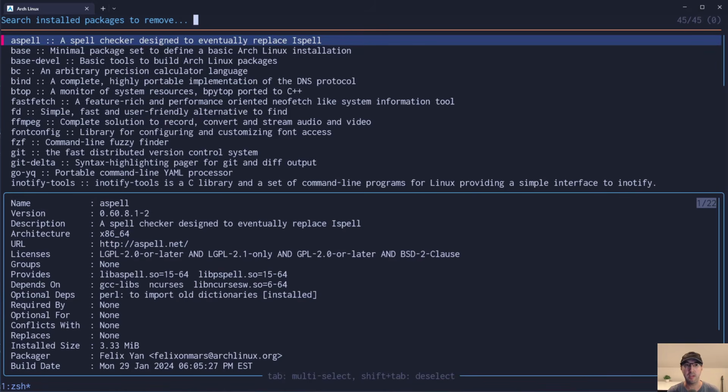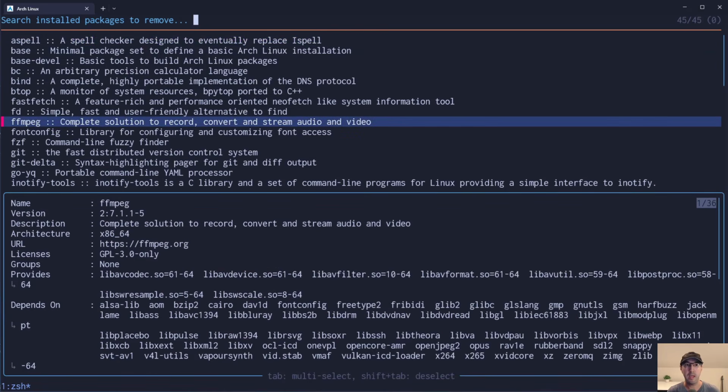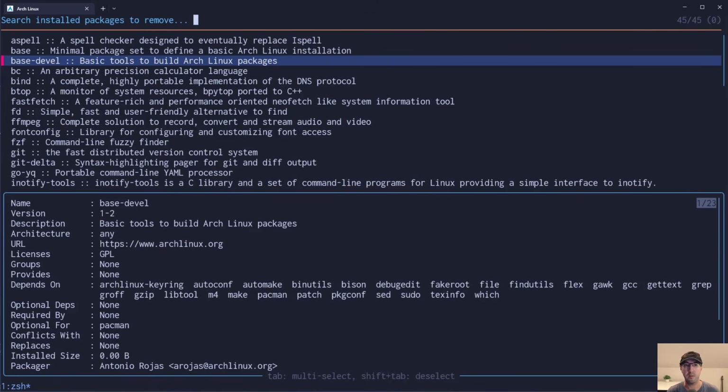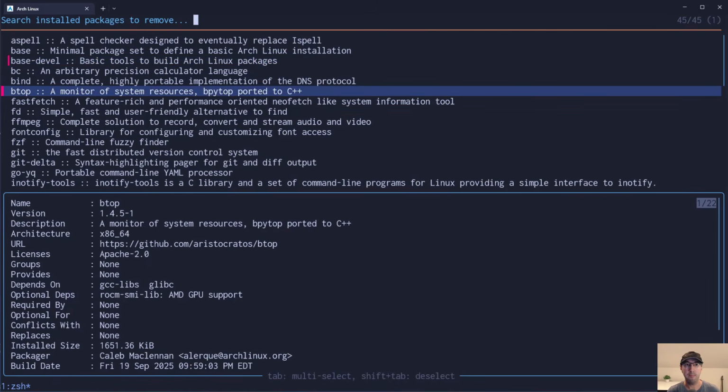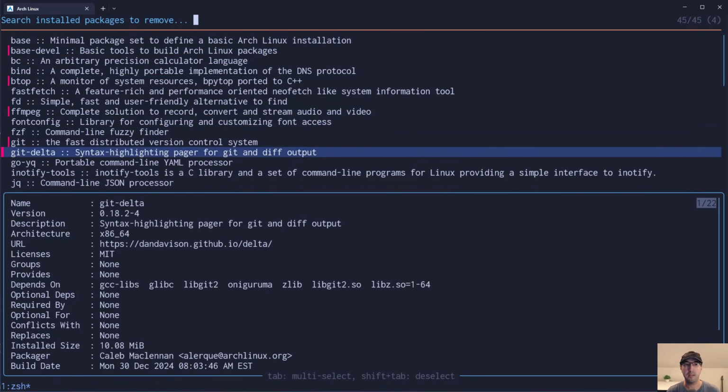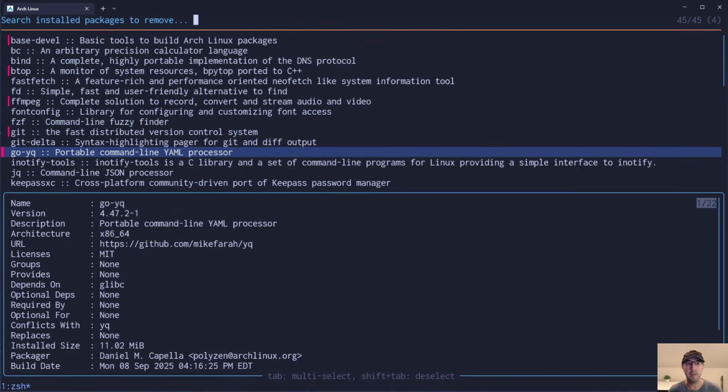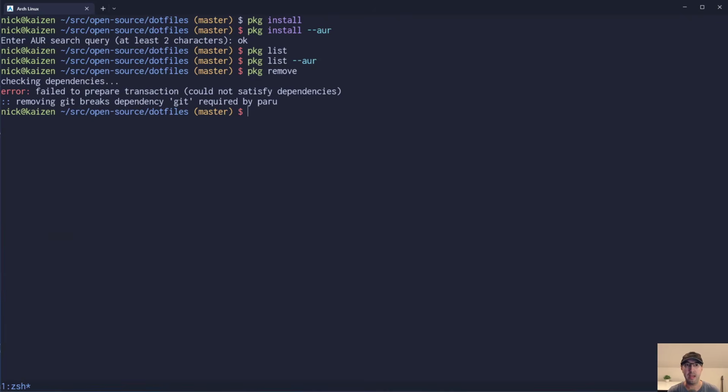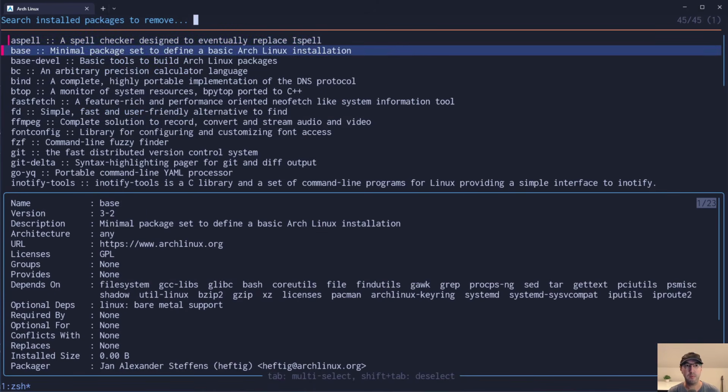These are all the packages that you have installed, not including the AUR. And by the way, I should mention here for the installing and deleting, if you hit tab, you notice a little pink line there, you can choose more than one at a time. And again, you can just hit enter. Like if I went and hit enter now, this actually says, yeah, well, I can't, that's actually a pretty interesting one. I can't remove the get dependency because paru is related to that one, but let's remove maybe aspell